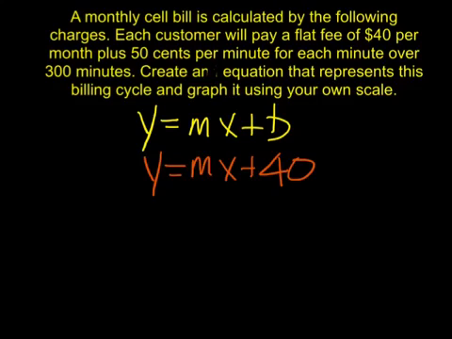What if I used 400 minutes? How far over did I go? 100. And what's 100 times 50 cents? $50, right. So the amount of minutes that you use in 1 month, like 400, 500, 600, that can change. So what do we use to represent something that can be anything? X is right. So if we let X equal the number of minutes that we use,